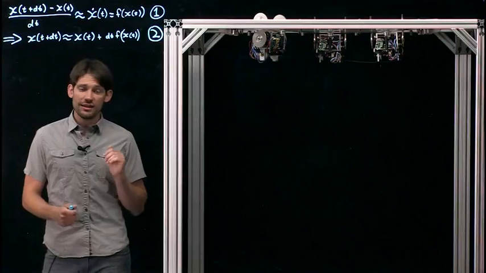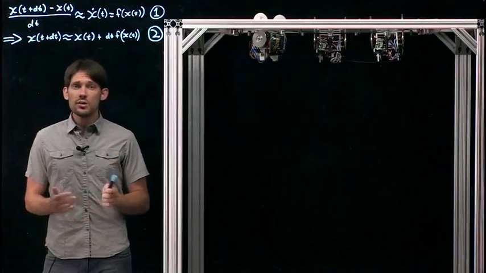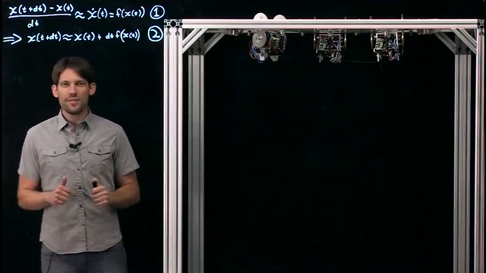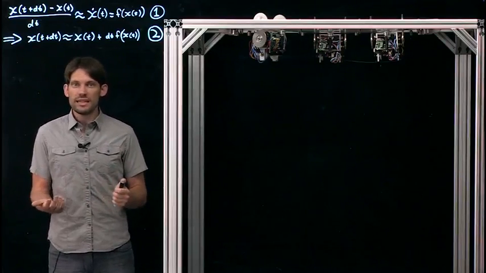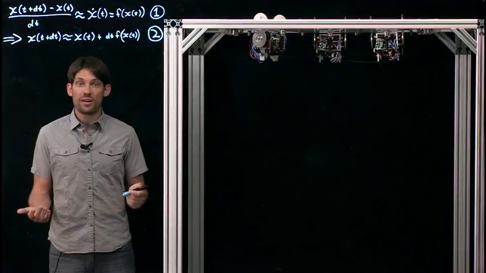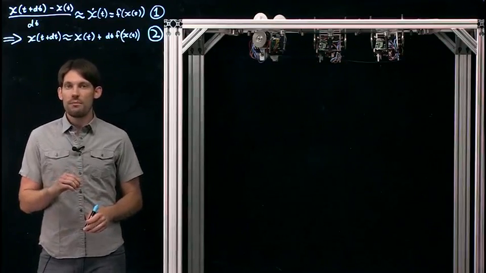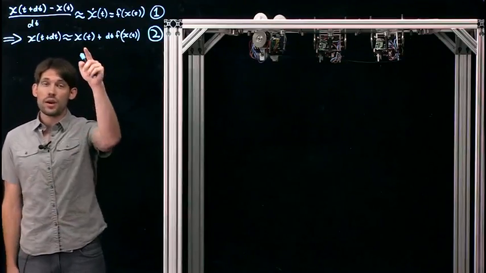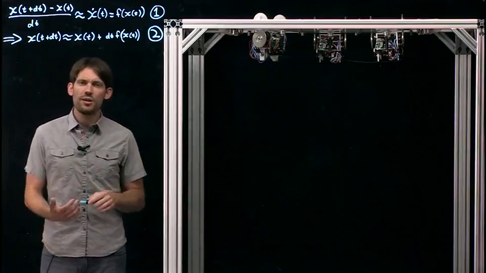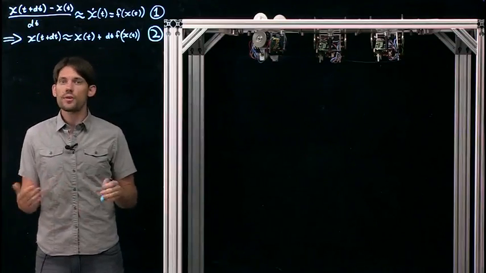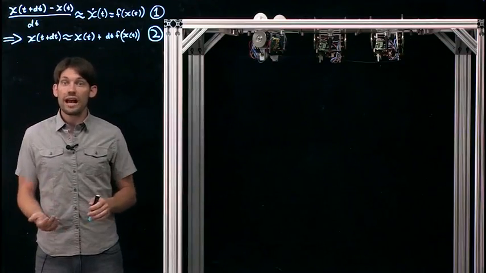Then in lecture 5, we used equation 2 to simulate a simple system, and we actually saw that the accuracy of our approximation was a function of dt. The smaller dt was, the better our approximation. Well, it turns out you can also come up with a much better left-hand side to equation 1. You can come up with better numerical approximations to your derivatives. And if you do that, you can come up with other types of integrators that are more accurate, even at